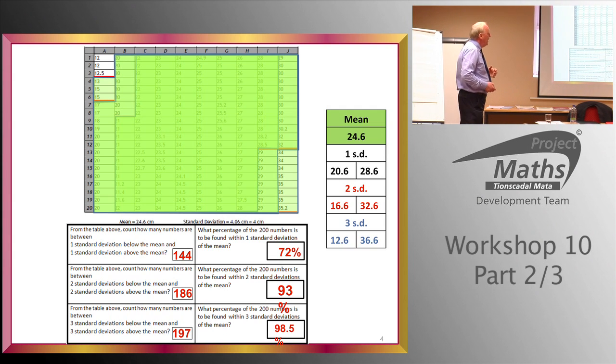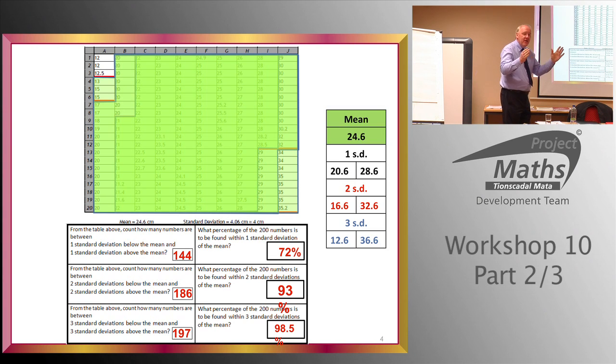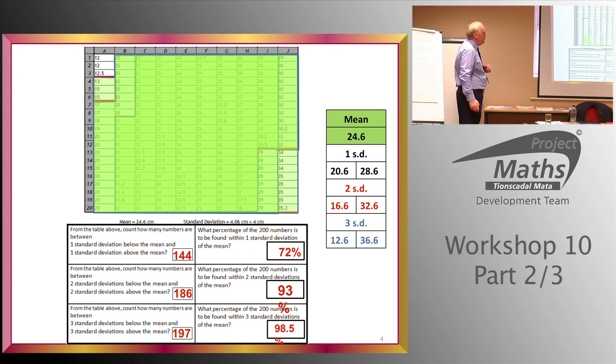And here's what you did. There's the 200 pieces of data that were downloaded from Census at School, and you got the mean to be 24.6 centimetres and the standard deviation to be 4.06, which was approximated to 4 centimetres. And what you looked at is one standard deviation either side of the mean, two standard deviations and three, and we were trying to put percentages on that. And there's your mean, and we count the number in there, and we got 144. Then we moved out to two standard deviations, and we count the number of data points in there, and we got